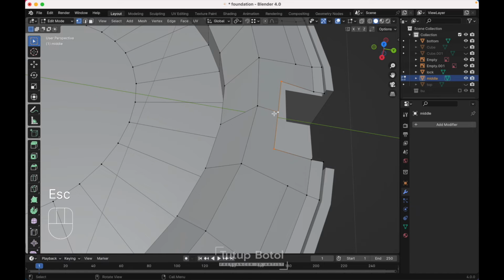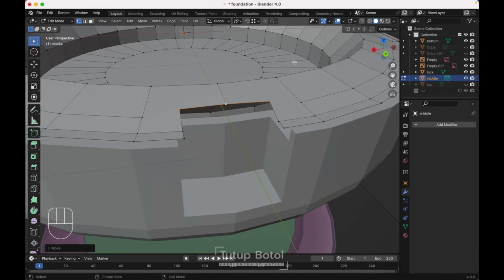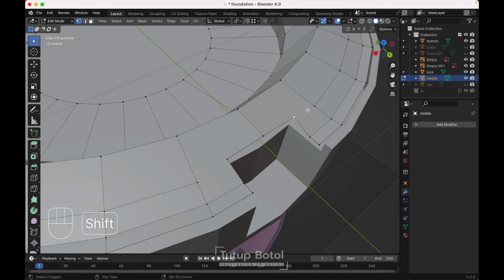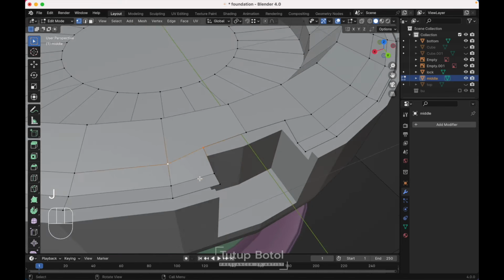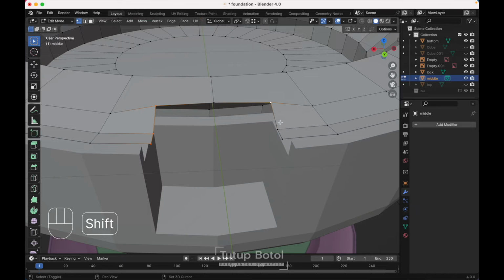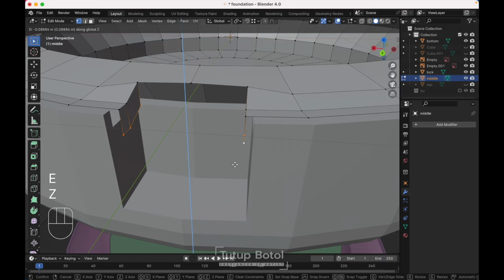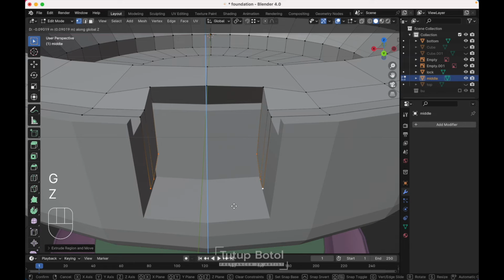Select all these vertices, press G, Y, hold Ctrl, snap to these vertices, just like this, and click here, select this vertex and this one, press G to join them, go over here, join, select these vertices again, this one, select this one and this one, press E, Z, extrude on the Z axis just like this, way down here,